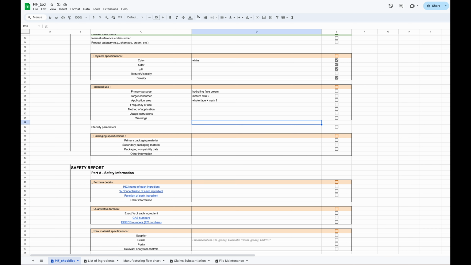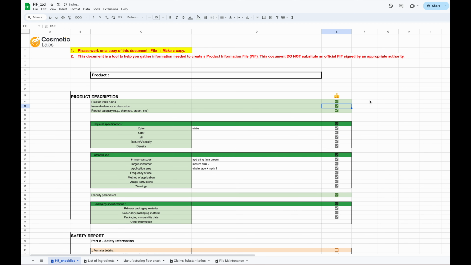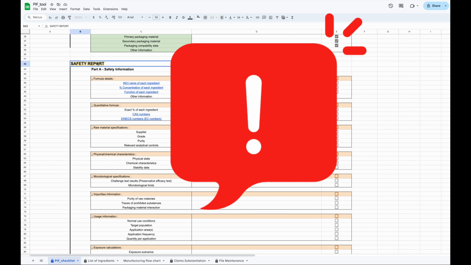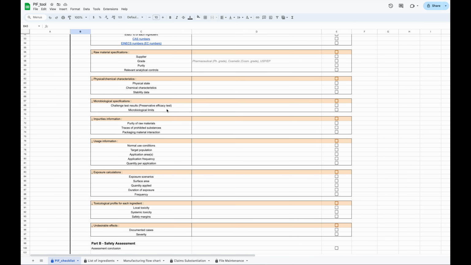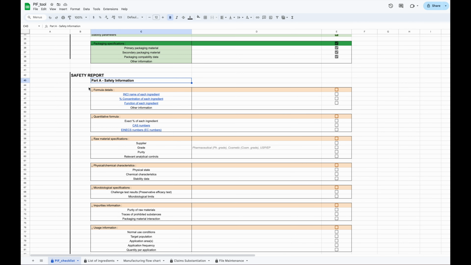Once you have filled in all the information regarding your product description, you will be able to move to the safety report. As you may know, it is a really important section. I will not go through all the lines, right? Because as you can see, there is a lot of information to report, but basically that information is a lot more technical, right? For example, we talk here about the formula details of your product, the extract percentage of each